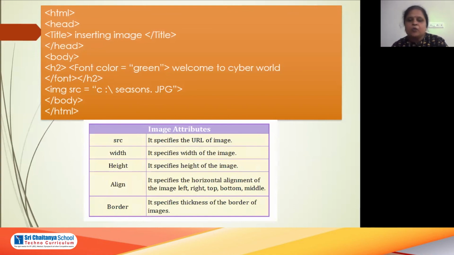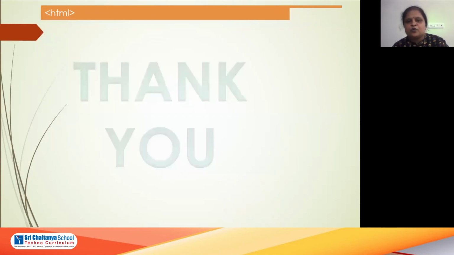That alignment we are going to specify. And next is the border. If you write the thickness of the border, then the border also will be displayed on the image. I hope till here everything is very clear for all of you.